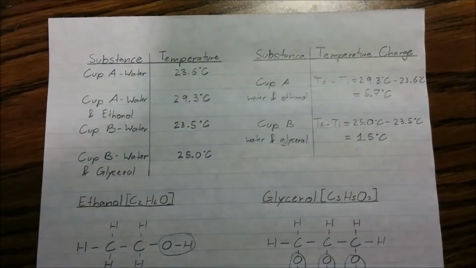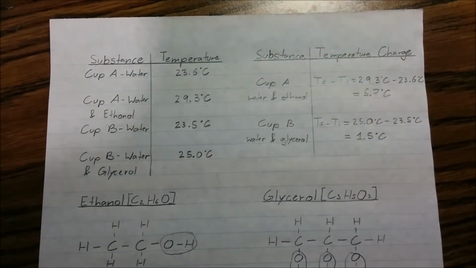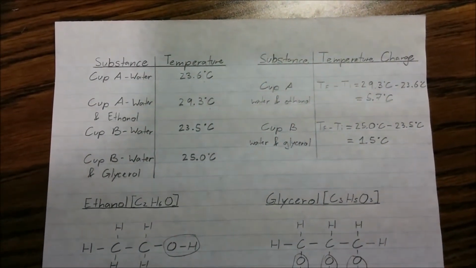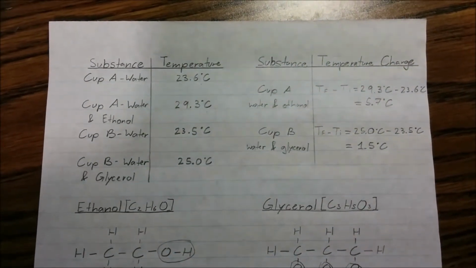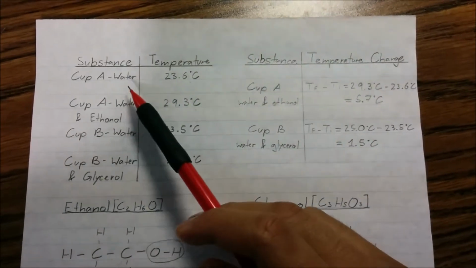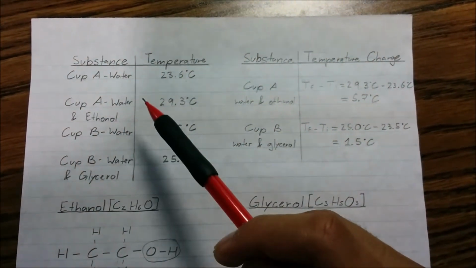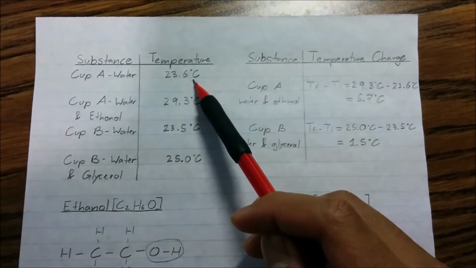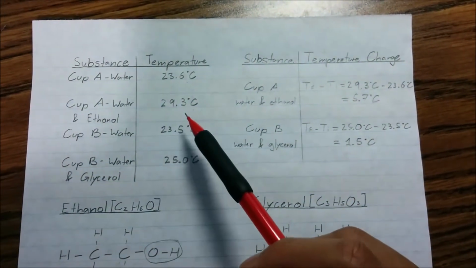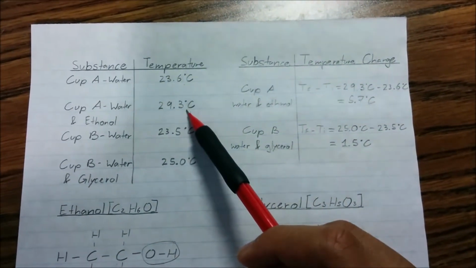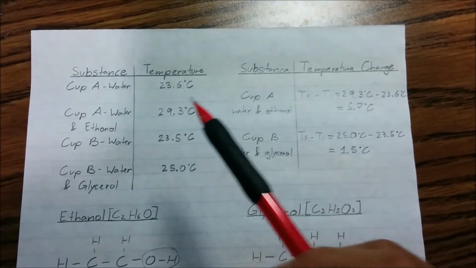In this experiment, the temperature change between the initial temperature of water and the temperature change as ethanol is added and as glycerol is added to water is calculated and compared. Through experimentation, we found that cup A, which is for water and ethanol, had water starting off at an initial temperature of 23.6 degrees Celsius. And after mixing ethanol into that water, the final temperature plateaued at 29.3 degrees Celsius, resulting in a temperature change